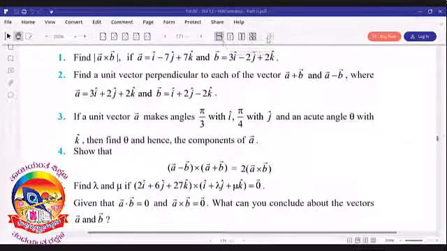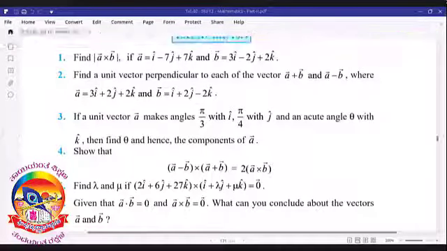Therefore, we have one fundamental relation at the time of direction cosines. What is that fundamental called? cos square alpha plus cos square beta plus cos square gamma is equal to 1, right? That means cos square pi by 3 plus cos square pi by 4 plus cos square gamma, that is theta, is equal to 1. Am I right?